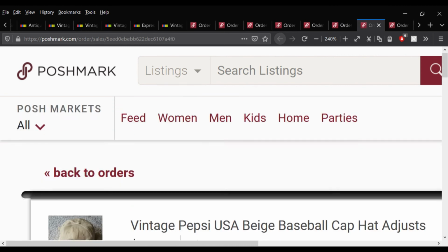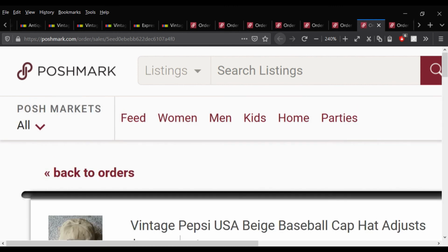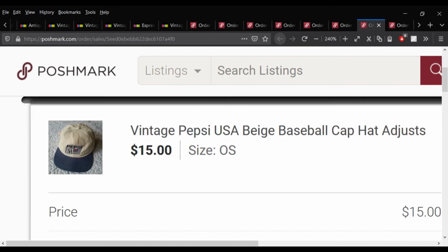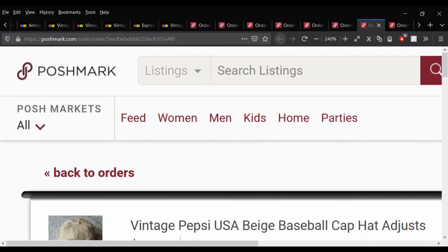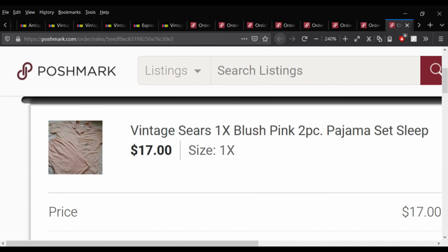This Pepsi hat sold for $15, and the buyer paid the shipping, so I made $12, and you guys saw me pick this up at the American Rescue Workers for, I think it was like $2, so I made $10 on this Pepsi hat. Woohoo! And then last but not least, last week I sold this vintage Sears blush pink two-piece pajama set,